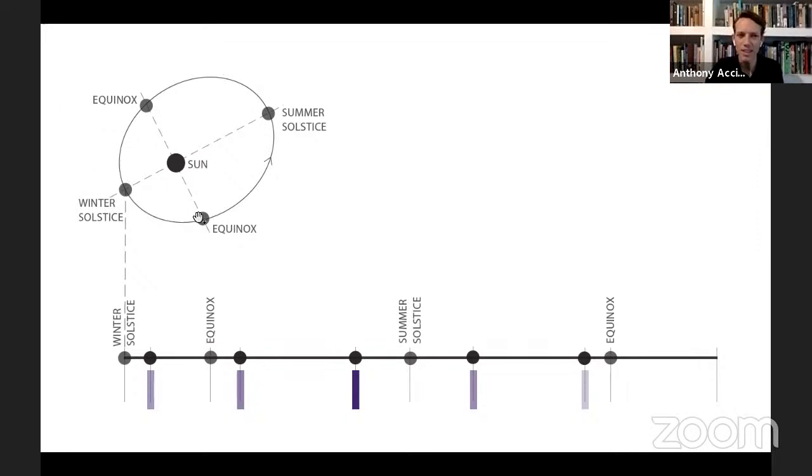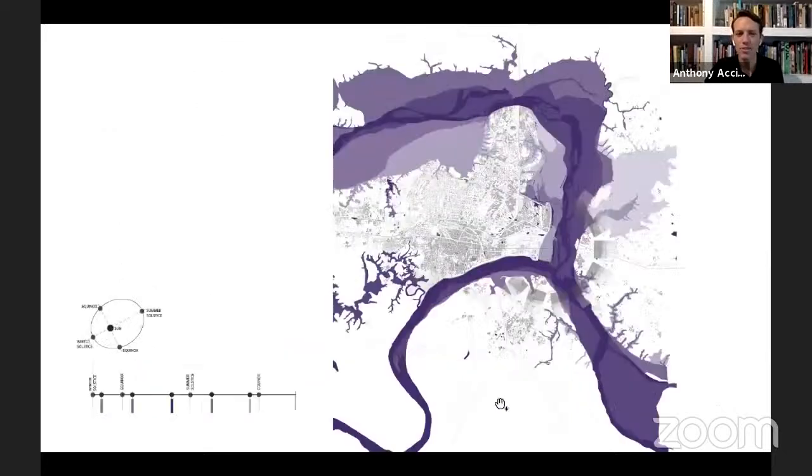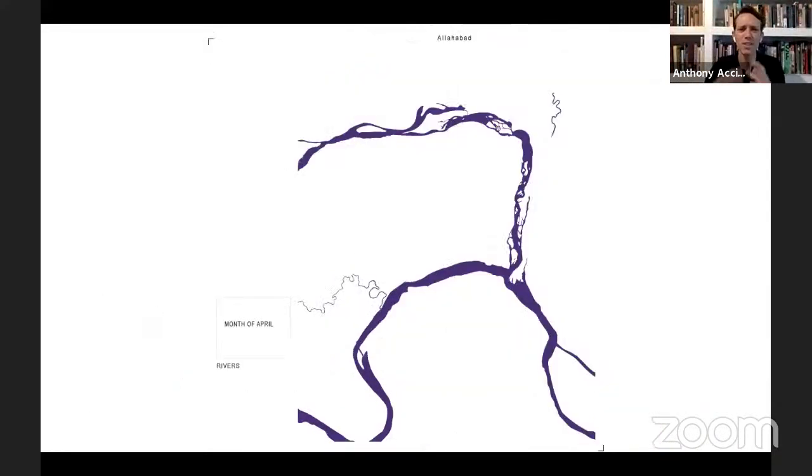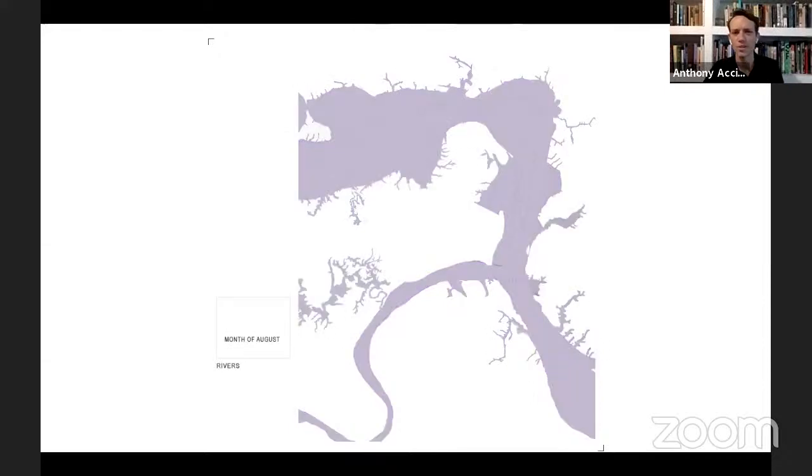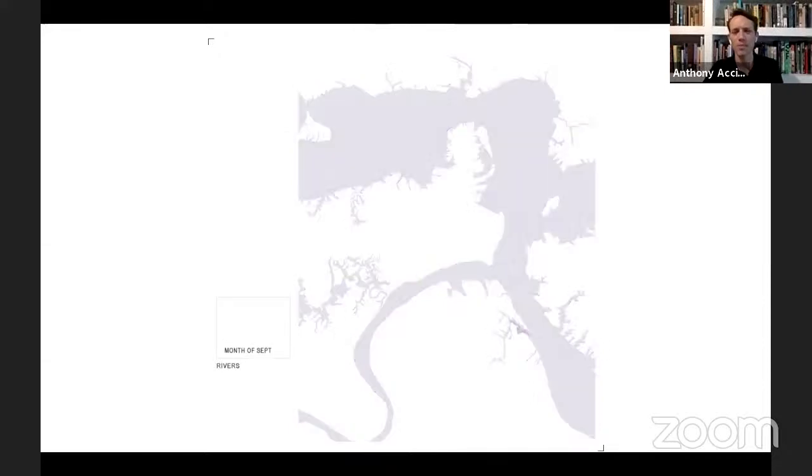And so I take that ellipse of the Earth going about the sun and I make it into a straight line. And then these different tones of violet that you see here relate to those different times of the year. So you can see how much Ganga and Jamuna expand and contract both horizontally and of course vertically as well. And so if we look at it in the month of April versus May, June, August, September,